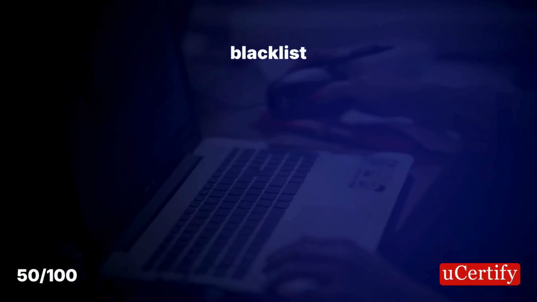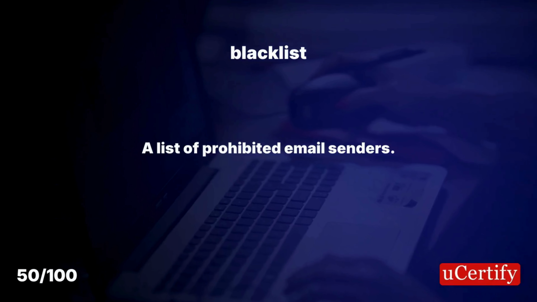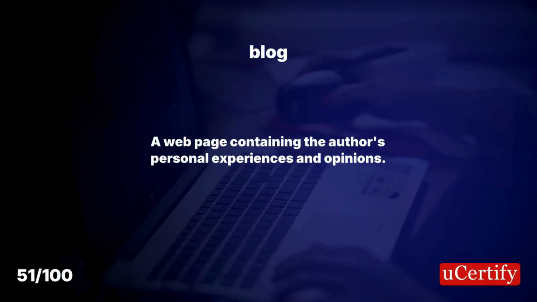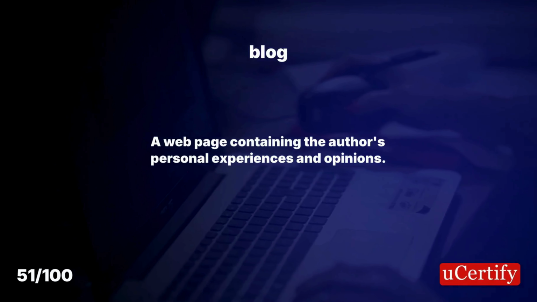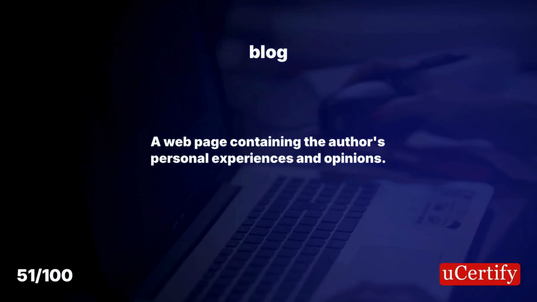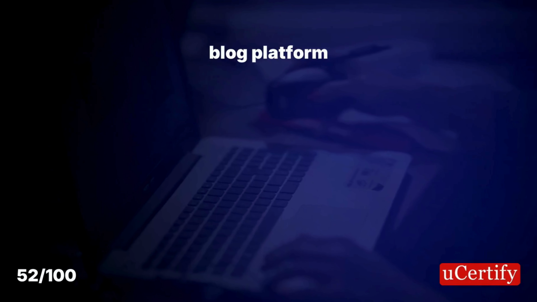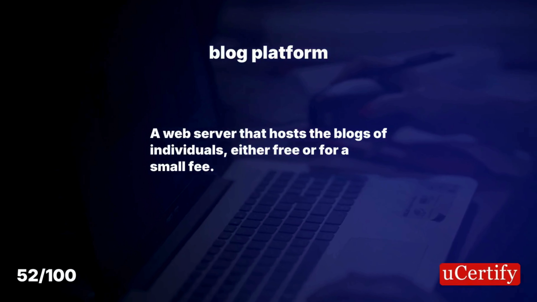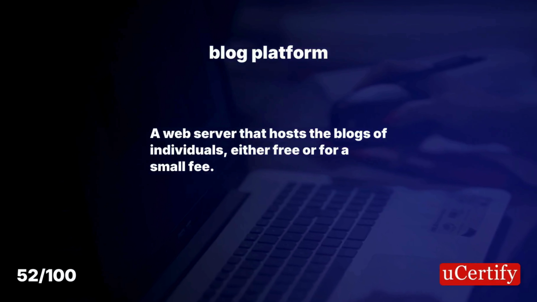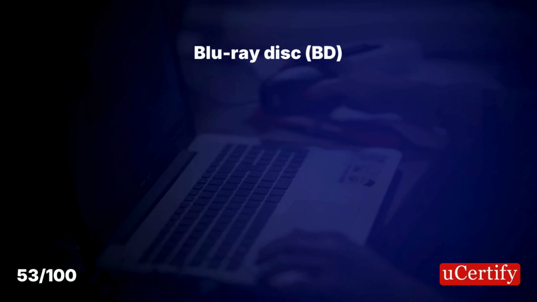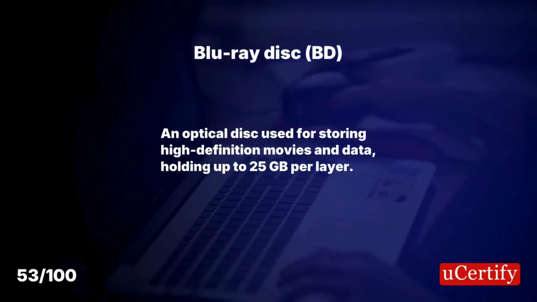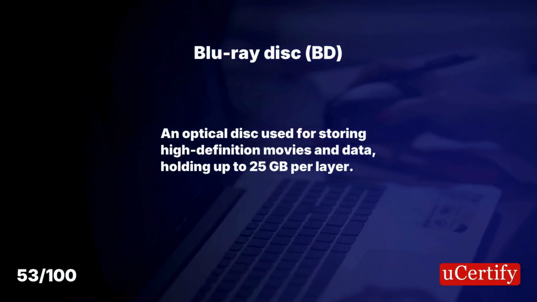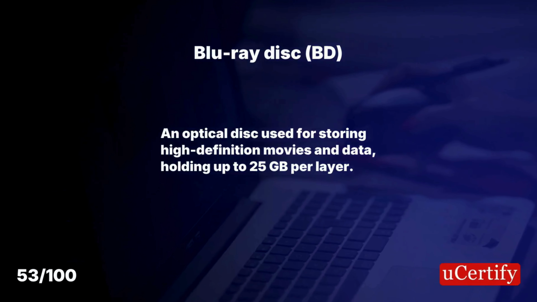Term: blacklist. Definition: a list of prohibited email senders. Term: blog. Definition: a web page containing the author's personal experiences and opinions. Term: blog platform. Definition: a web server that hosts the blogs of individuals, either free or for a small fee. Term: Blu-ray disc, BD. Definition: an optical disc used for storing high-definition movies and data, holding up to 25 gigabytes